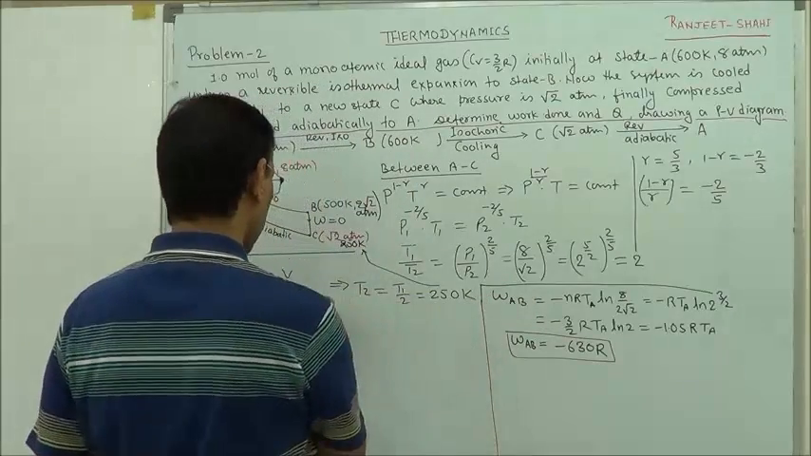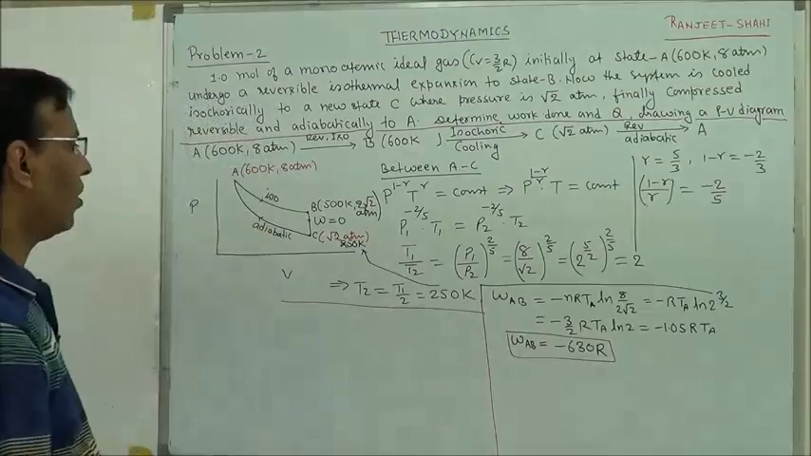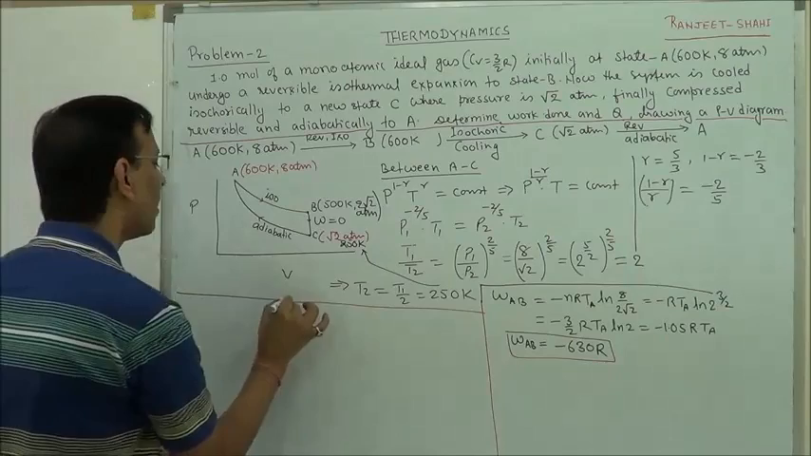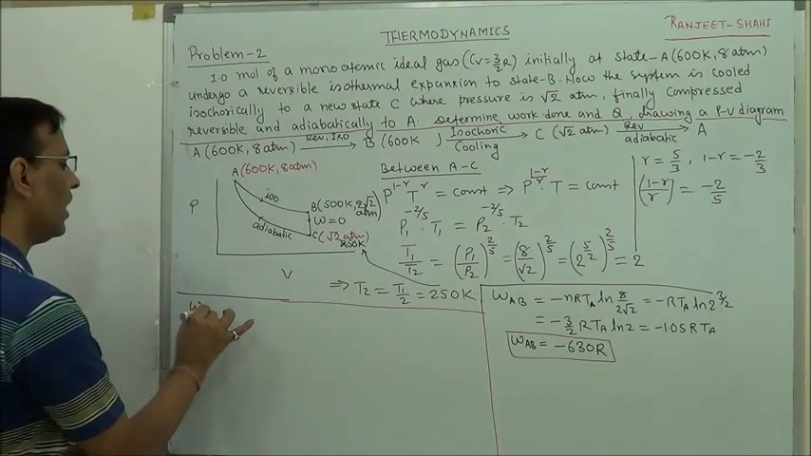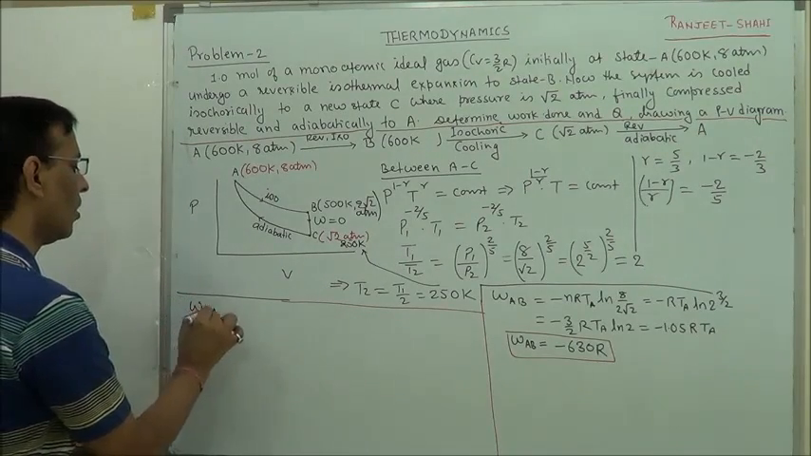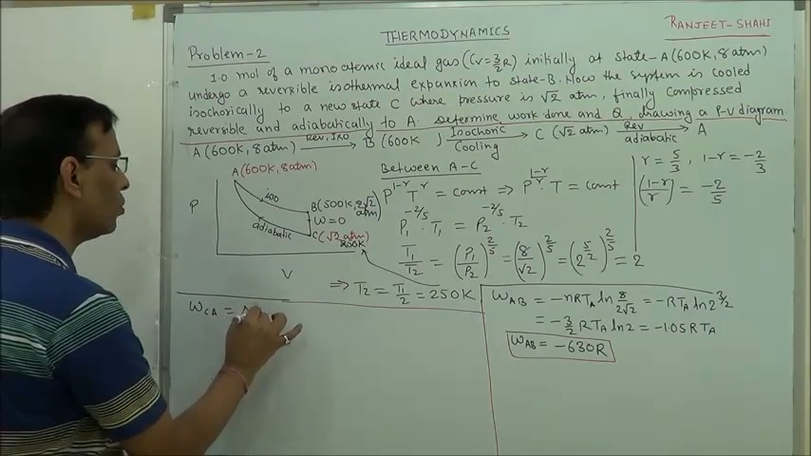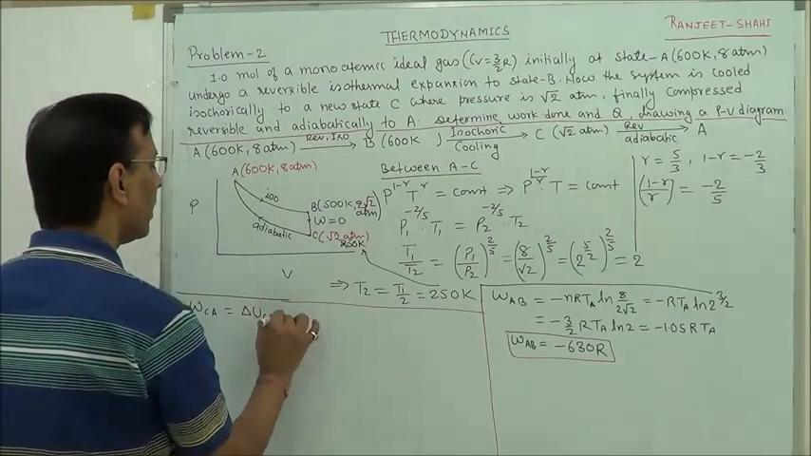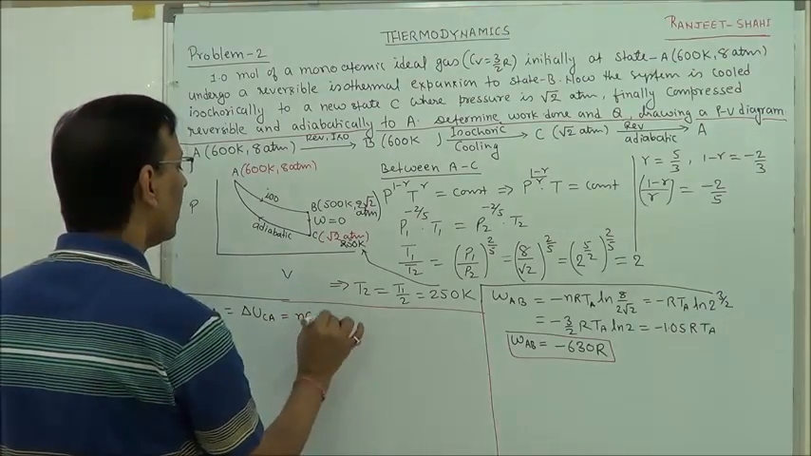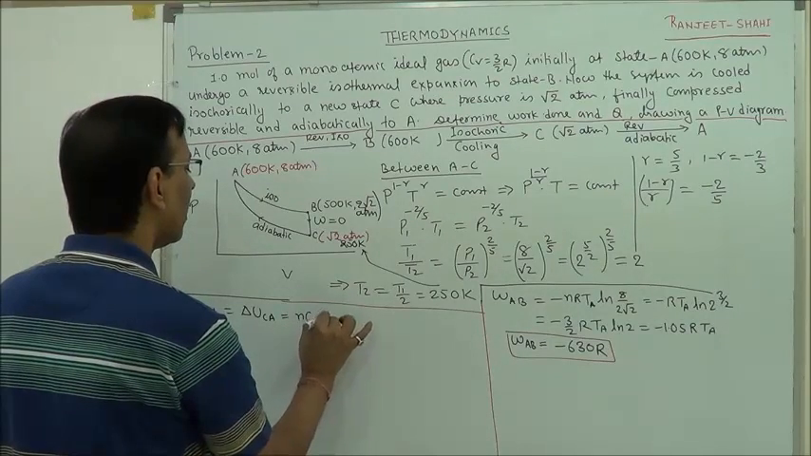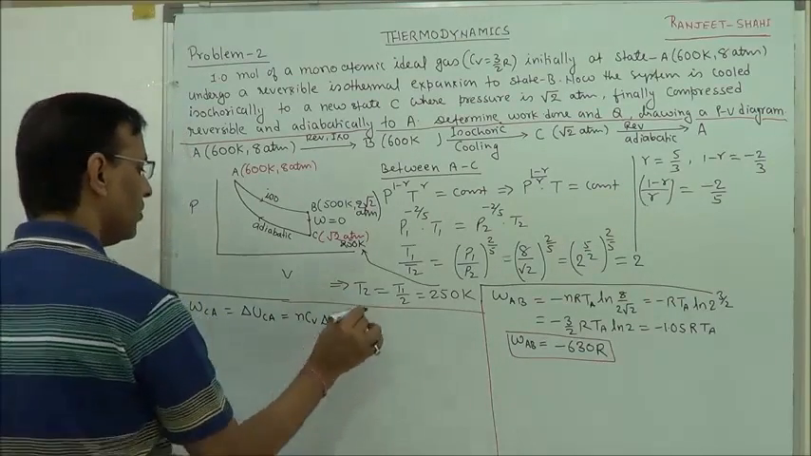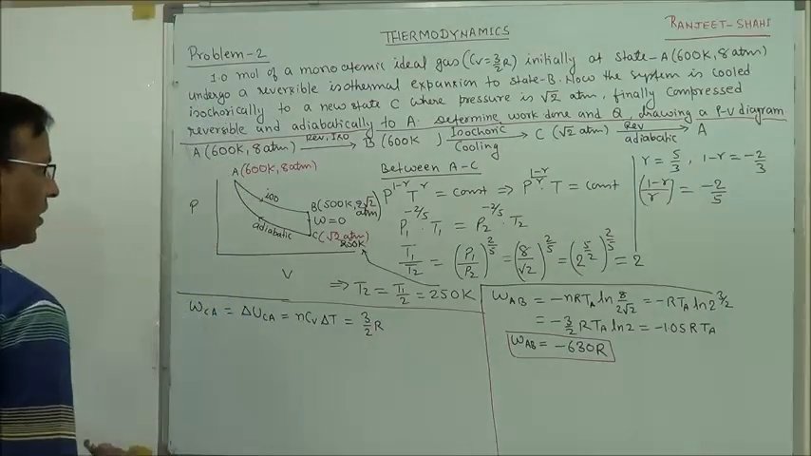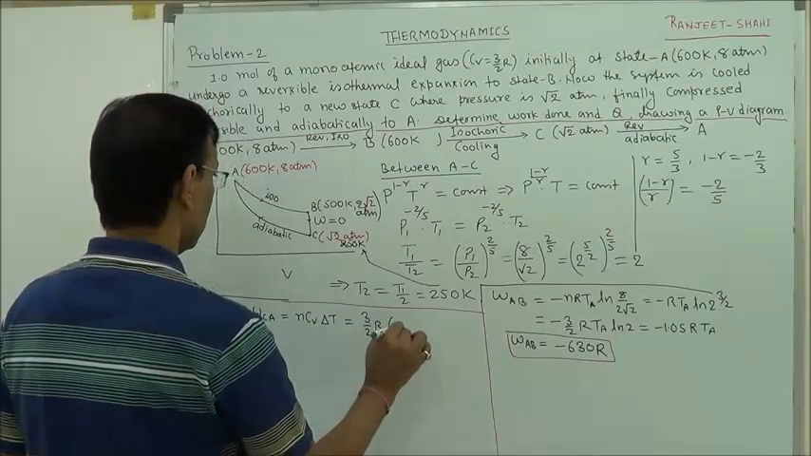Now let us determine work done in CA, WCA. WCA will be nothing but delta UCA, and it will be NCV delta T. So N is 1, CV is 3 by 2R, and delta T is 600 minus 2,